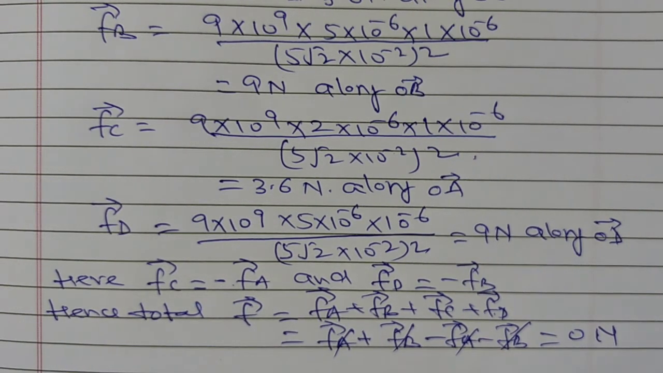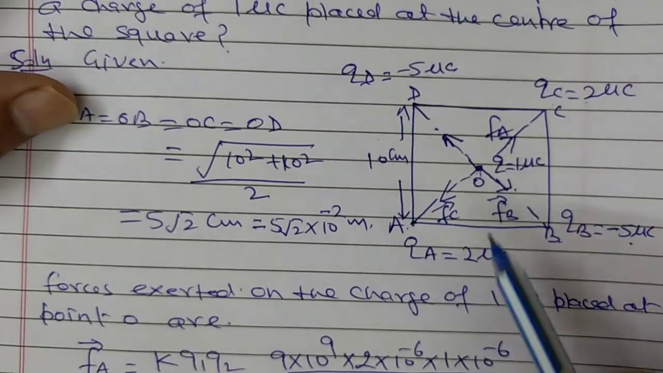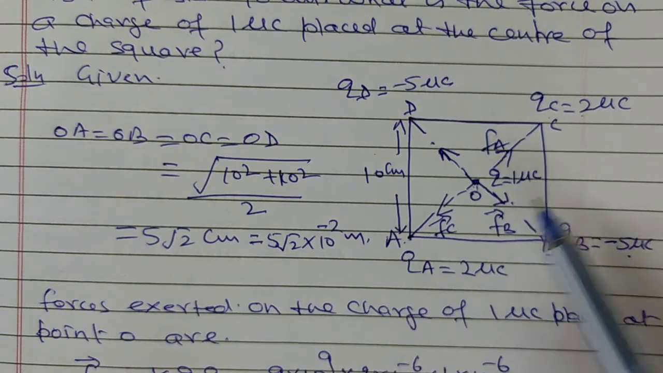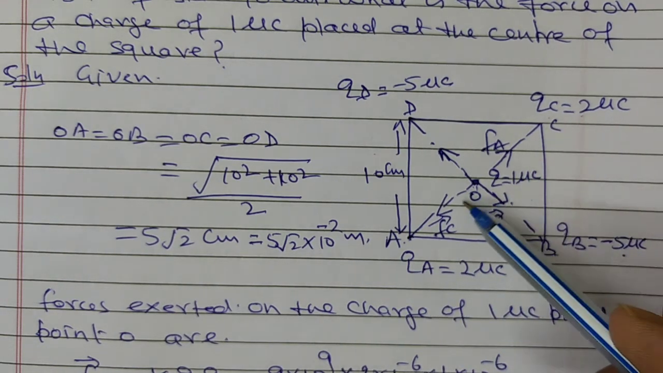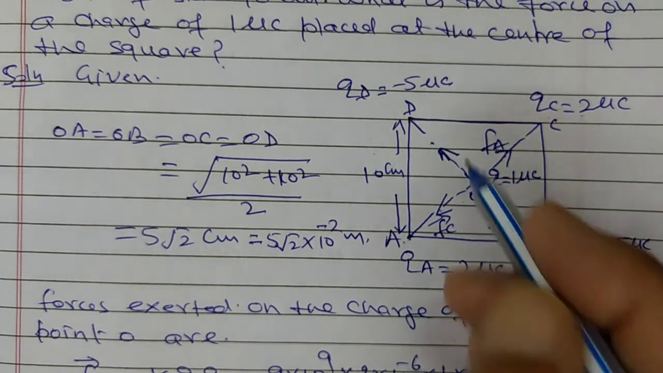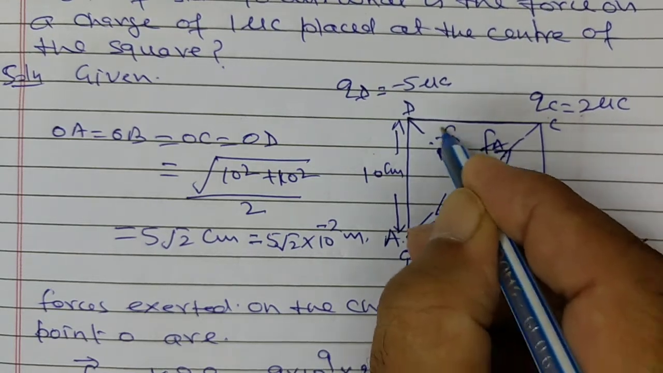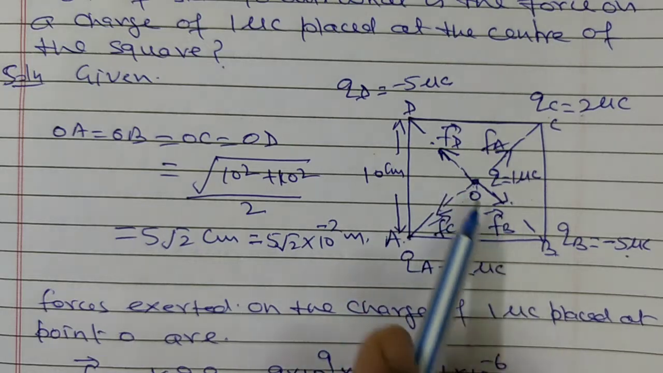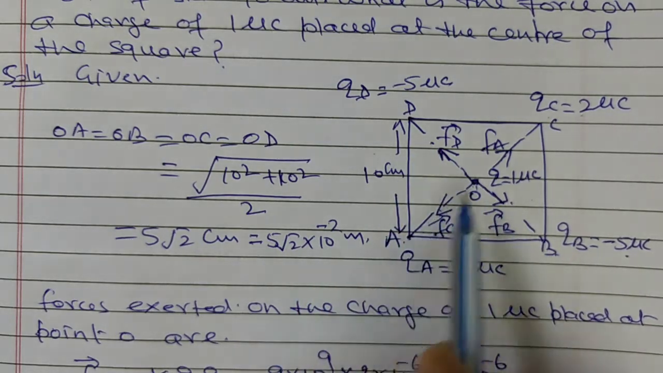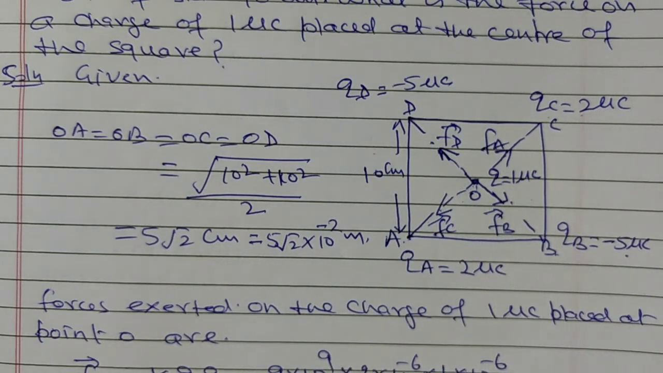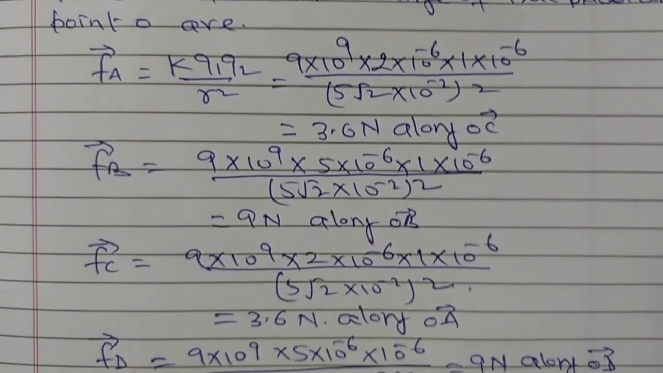Right? Now here we calculated the total force on the 1 microcoulomb charge due to all these charges, so these two are equal in magnitude but opposite in direction. Similarly, these two forces, this is here FD force, and these two forces are also equal in magnitude but opposite in direction, therefore cancel each other. These two cancel each other, these two also cancel each other, and hence the net force on the charge 1